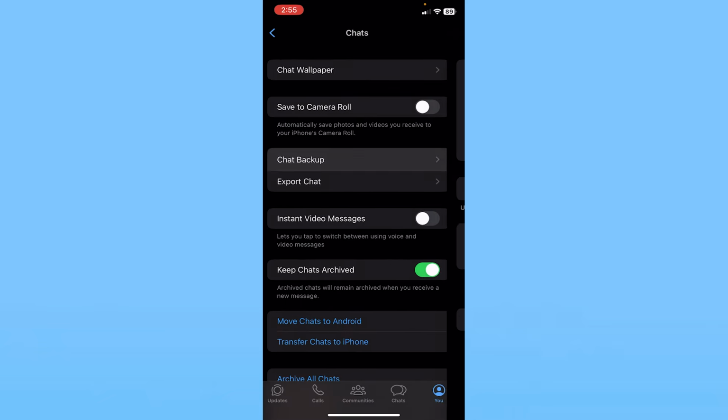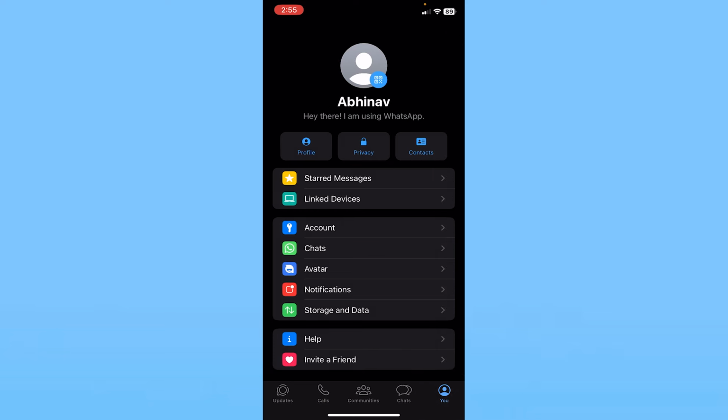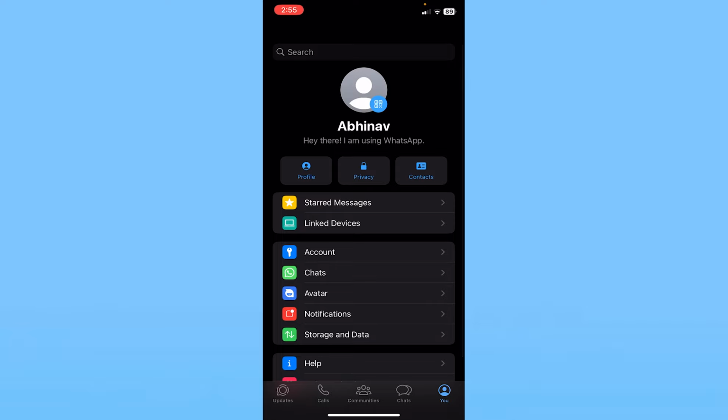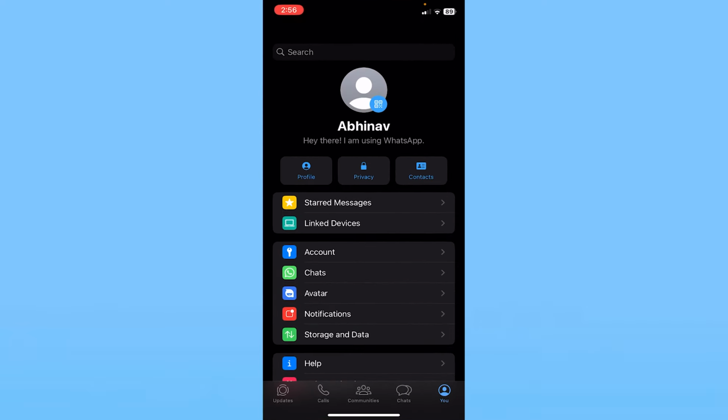Now if the message is backed up, and let's say the user has deleted the message, which means a friend who sent you the message deleted it, but we have that backup on our WhatsApp because we had backed it up. Now what we need to do is basically just delete our WhatsApp and re-download it again. Once we re-download our WhatsApp, it is going to ask you to log in to your account, and when you log in to your account, WhatsApp is going to restore every single thing that is stored on your